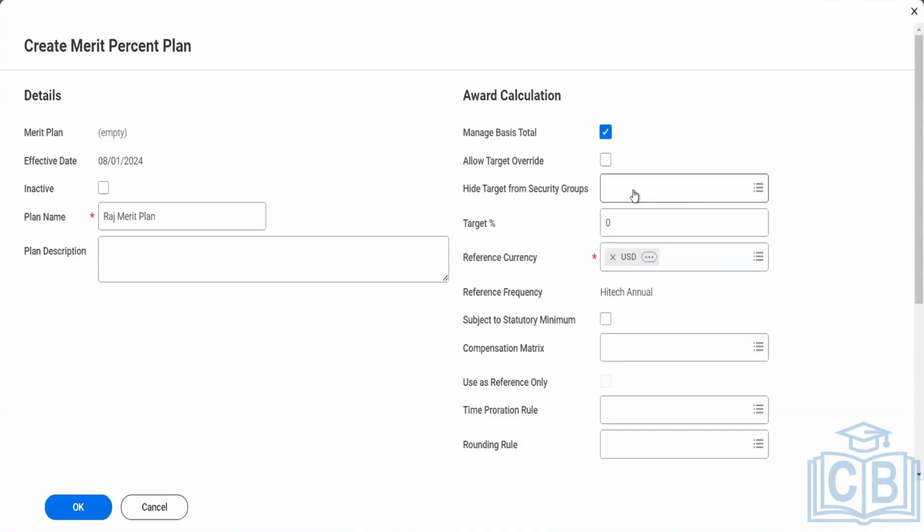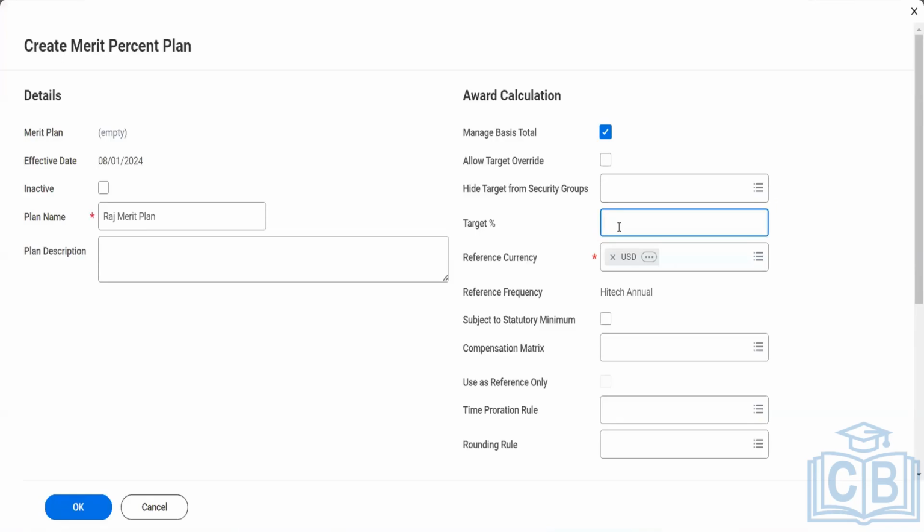Now talking about the target percentage. Here we have to define what the target percentage is, the recommended one for the company, that is the company's performance target percentage. For example, let's keep it as 50. Here we have an option of mentioning the percentage to whatever decimal point we want. There might be a scenario like 40.57, or any respective value. We have an option to enter up to 4 decimal places. This is mainly about that.